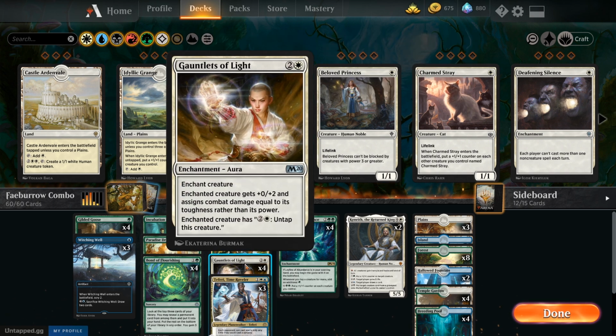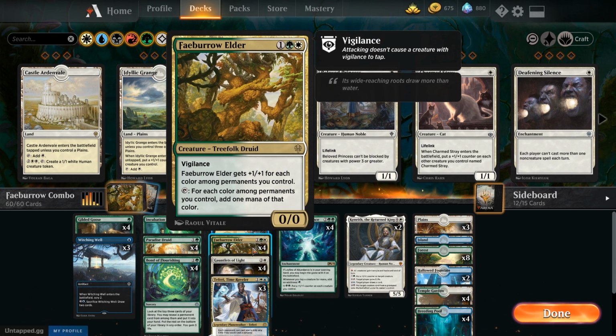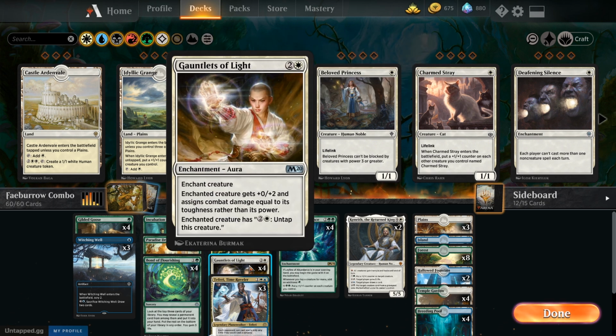So this is actually going to be a rebuild of an old combo list we played, but Faeburrow Elder is definitely going to be a strict upgrade to that list. So Gauntlets of Light is a 3-mana enchantment aura, which you can attach to one of your creatures, and it says that its combat damage is assigned using toughness rather than power, which is irrelevant. However, the actual reason we're running this card is for the additional ability on the card, the 2 and white,